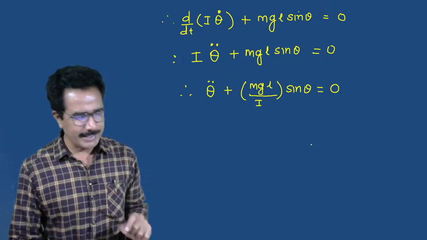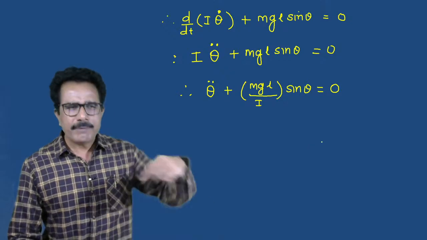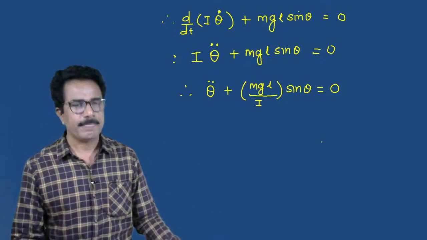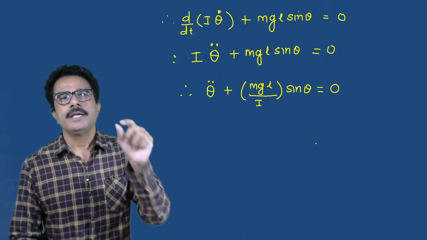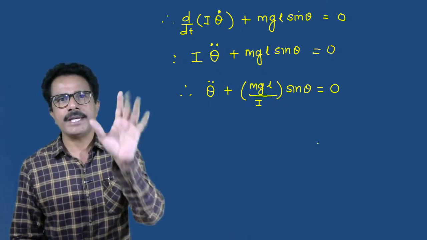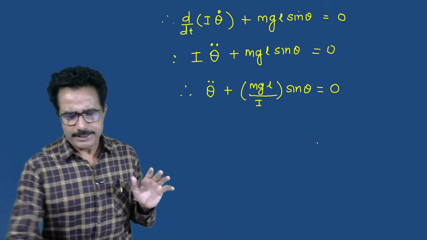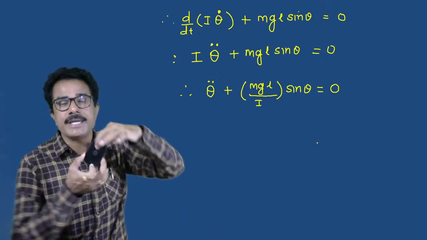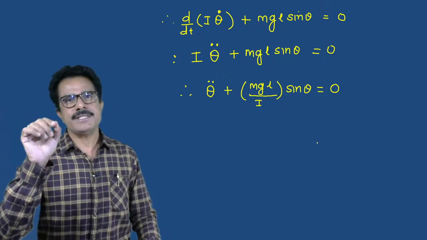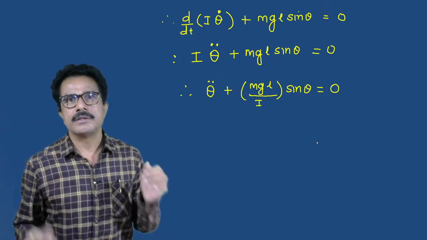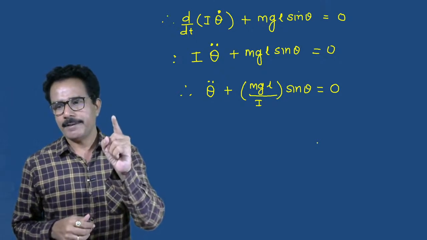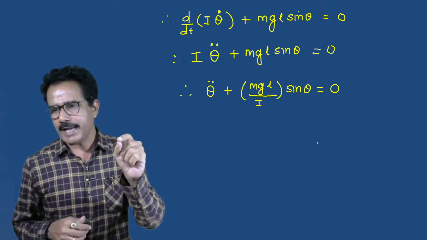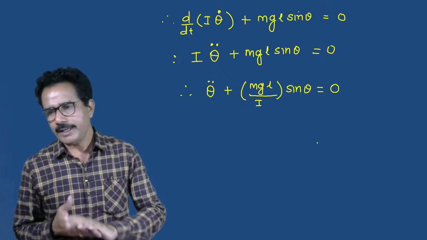But note that if deflection is very small, if theta is very small, if we consider the deflection is very small, that means theta is very small in the radian system. You note that the value of sin theta, very good Rajmane,